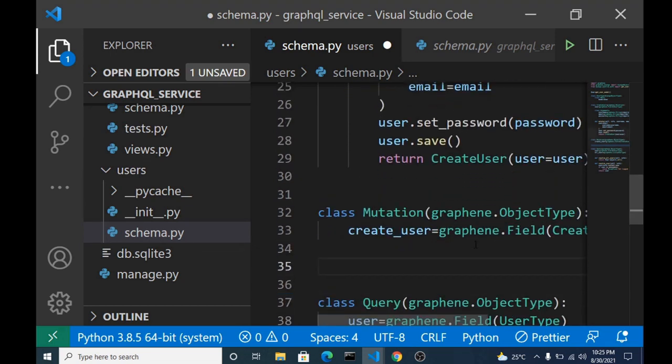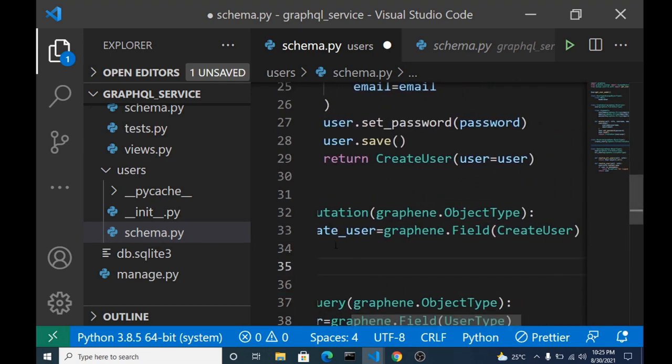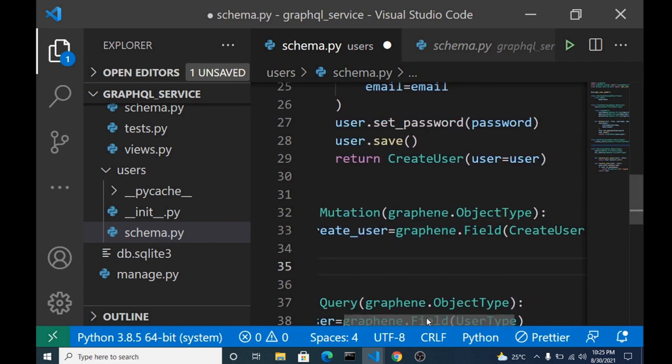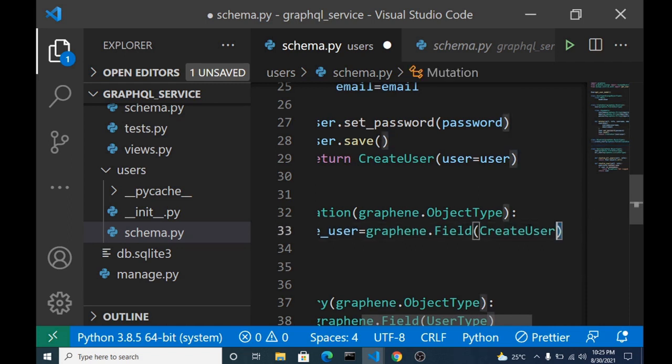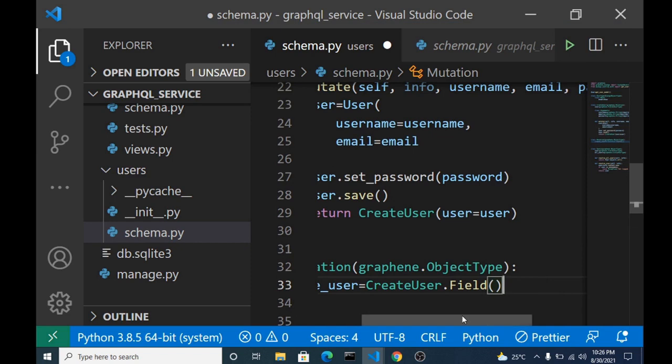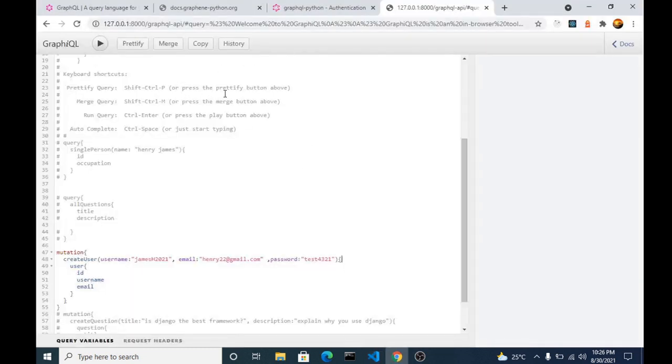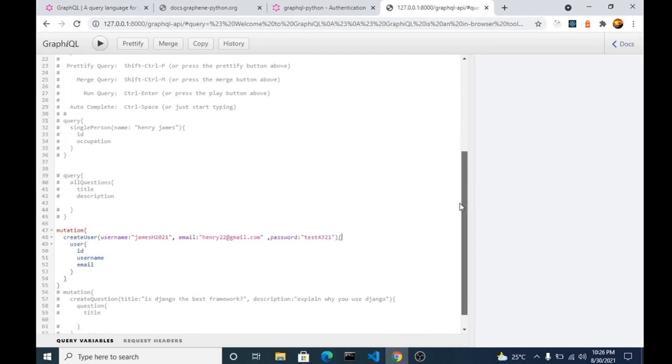The reason we are having that error is that in the root mutate method, where we have create_user, we have an error. We're not supposed to call graphene.Field again, which we already called before. We just need to call our own custom class, which is CreateUser.Field. That's the reason why we couldn't create new users. Once we fix this error and save our file, if we head back to our GraphQL interface, you can see the error highlighting is no longer there because we already saved and refreshed. So if we run this now,